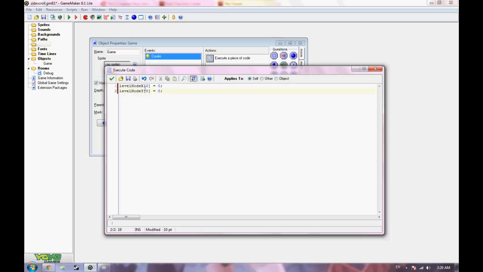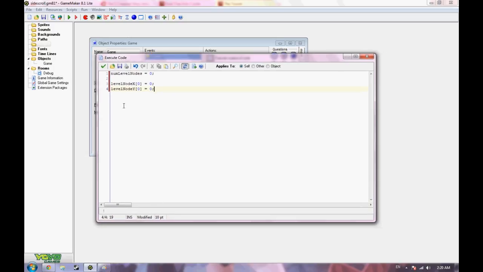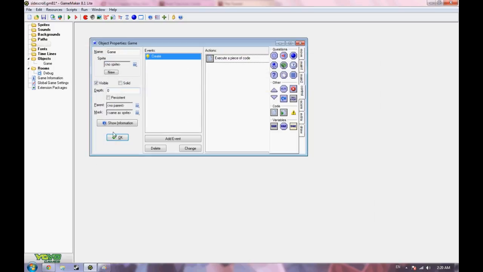You have the X and Y position here, two different arrays that will keep track of each node going along in the level. I should also have a variable keeping track of the number of nodes that the level has, and then what I'm going to end up doing, just to test it to start, I'll give it, first off,